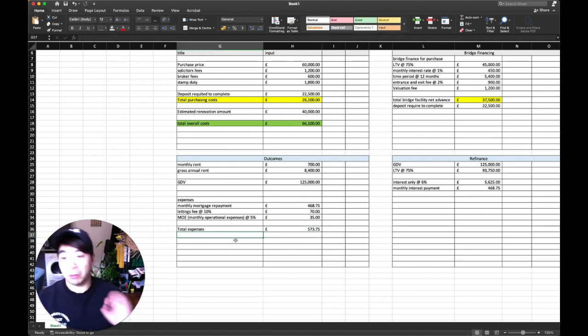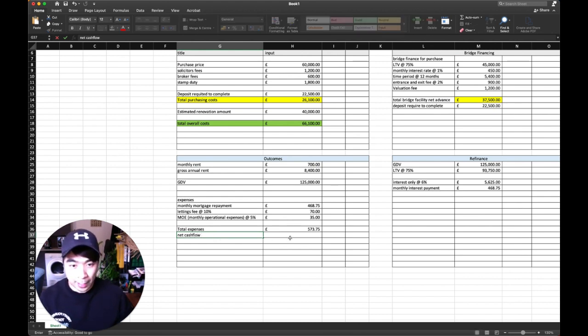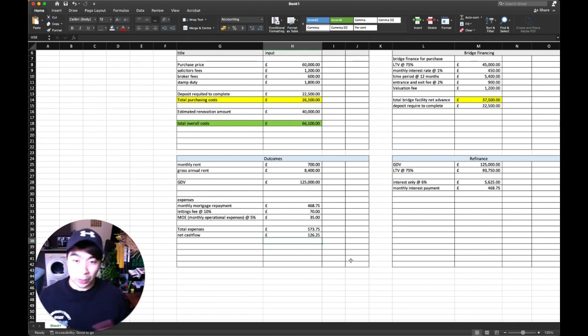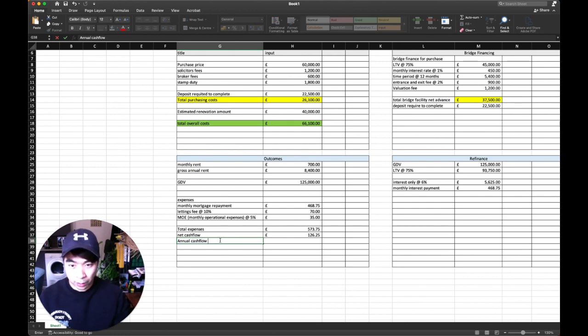So from this, we can work out your net cash flow. Net cash flow is your monthly rent minus your expenses, which will give you £126 a month. Then for annual cash flow, we'll be taking this number and timesing it by 12 again. So your annual cash flow for this will be